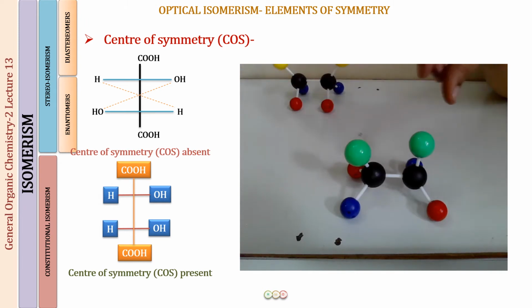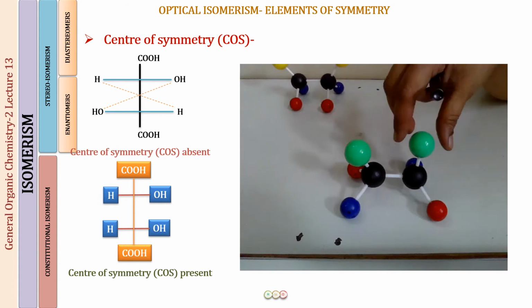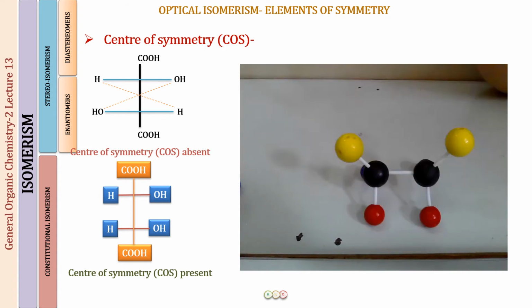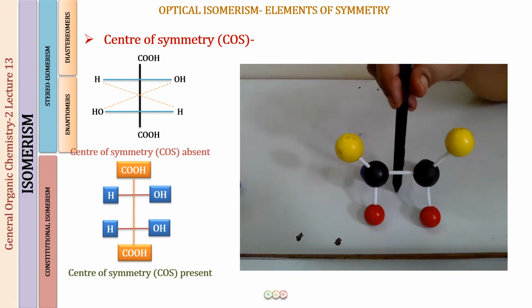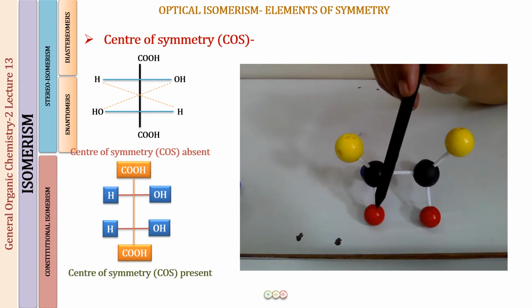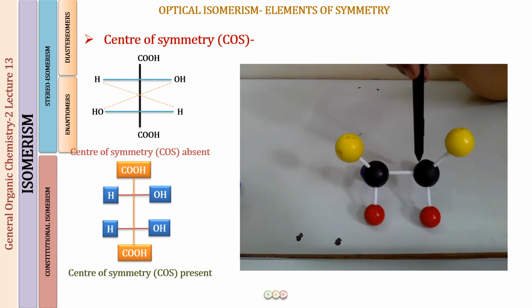And what we will be doing is we will be learning to draw a sawhorse projection for this. Then you will be able to tell in the projection whether this compound has a center of symmetry or not. Okay, now let us look at mesotartaric acid. So in the mesotartaric acid, what you can see is this is going to be the plane of symmetry first of all, right? So you can see the two halves, they are going to be the mirror images of each other. Now in this compound, in this position, what you will be seeing is that this is the center of symmetry. If you go this side, you will be finding a red ball, and on the other side it is a blue ball. So again, a center of symmetry is not present.